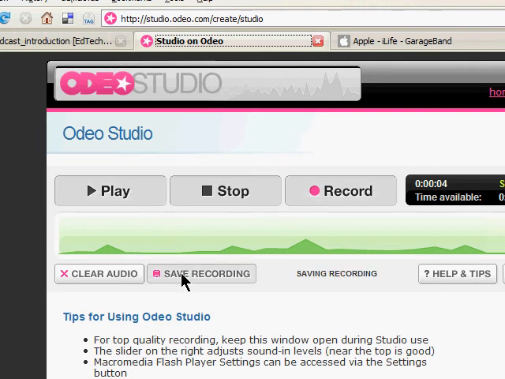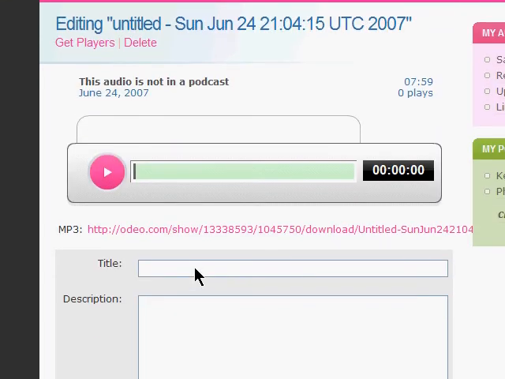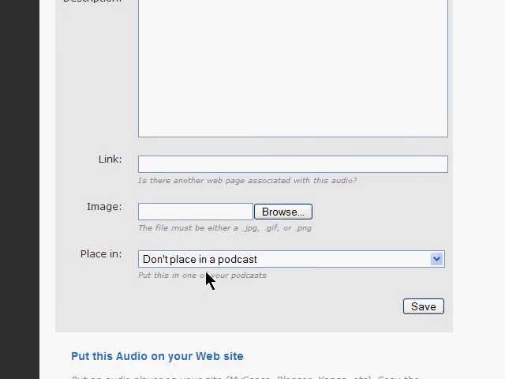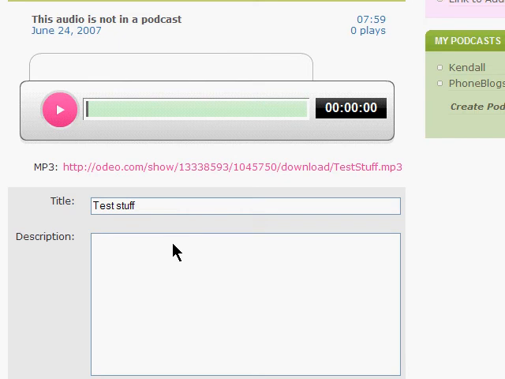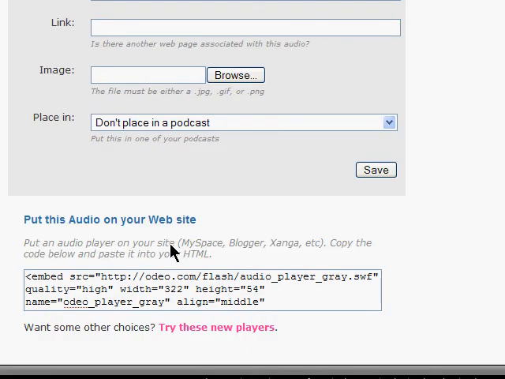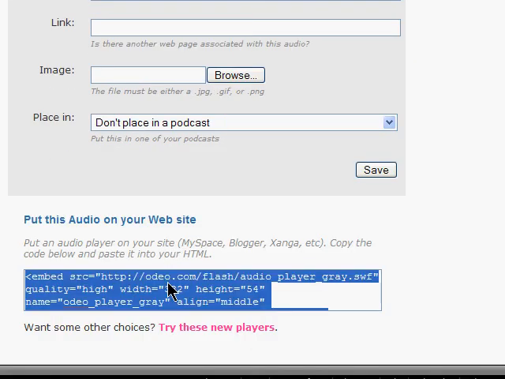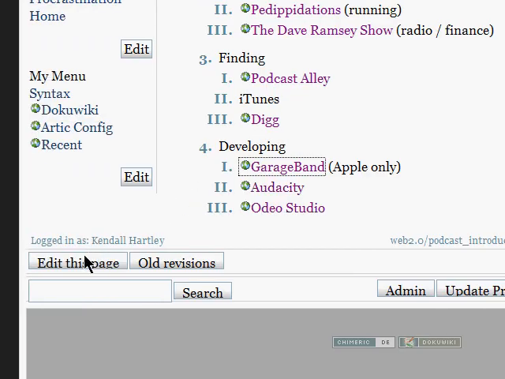And it brings me up with another window where I can add a title to this. We'll just call this test stuff. And also then save. And a really slick thing that it does then is it gives me some code down in the bottom here that I can actually incorporate into my website. So I'll copy that code, switch back over to our course wiki, and I'll say edit this page, and below this development section,